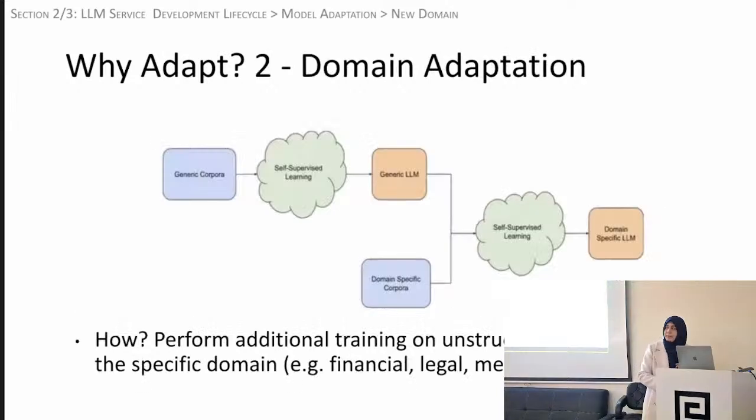Secondly, you might want to adapt to a particular domain, as I gave the example earlier of the medical or legal domain, where sometimes, especially in the legal domain, we see that words that we usually use in the English language are used, but they have a completely different meaning there. So if you're using the language model in that domain, you want it to be able to understand what that particular word means in that context. So then how that is done is this bit up here. This is just the pre-training stage. This is already done, right? We're not going to be doing this again. This is just training from the generic corpus.